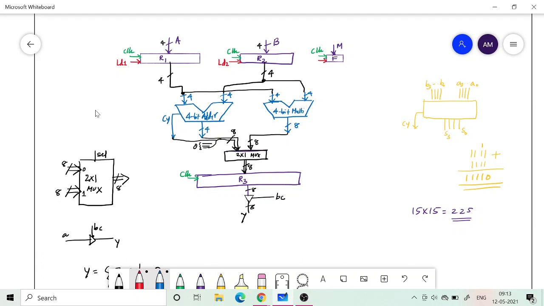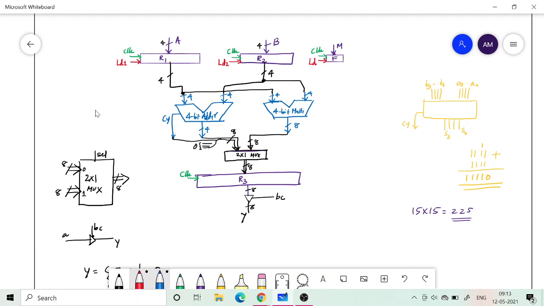Okay, so you can specify that later, or here itself, if you are sure about it, that LD1 and LD2 are going to be the same, then you can put one signal LD as a common signal to two registers, and similarly this I will call again LD.